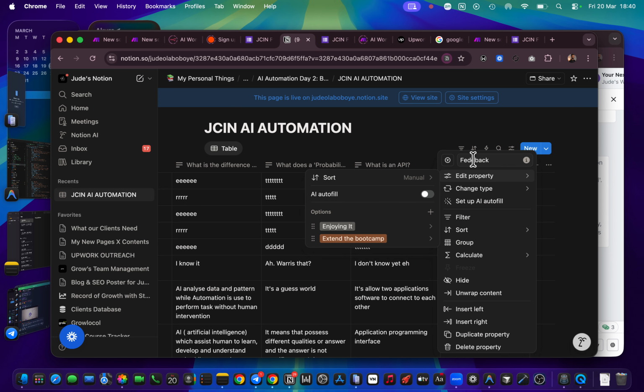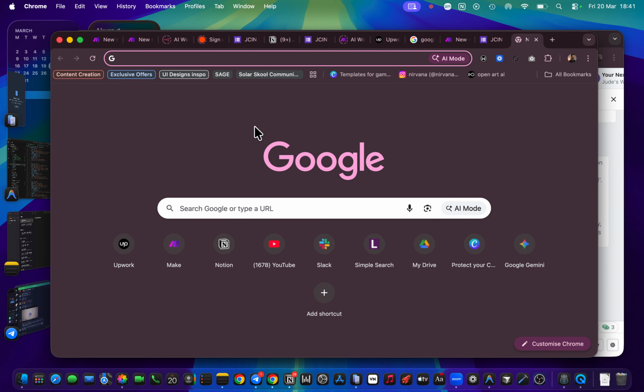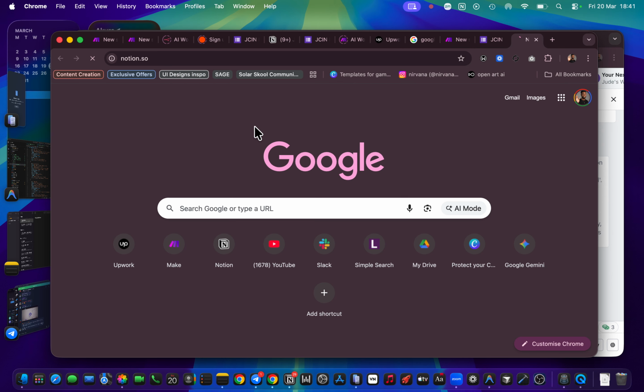So how did we create this? You need to go to your Notion. So if you've not created a Notion account and you want to set up this database, just go to your blank search bar and type notion.so. Just type this, create an account on Notion. When you create an account, when you set everything up, you'll be able to access your account from here. Okay, this is once again slow.